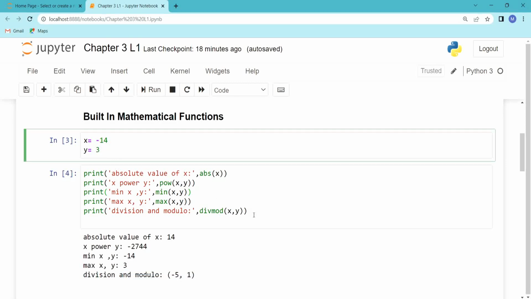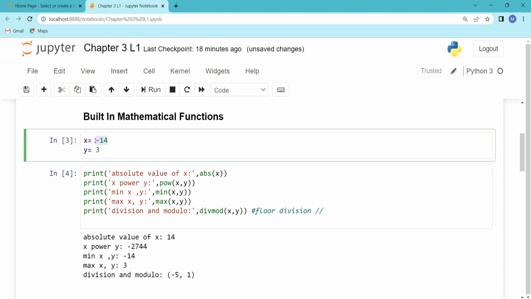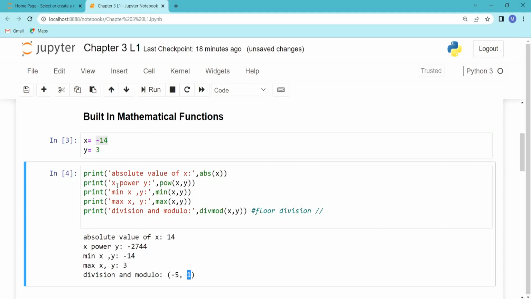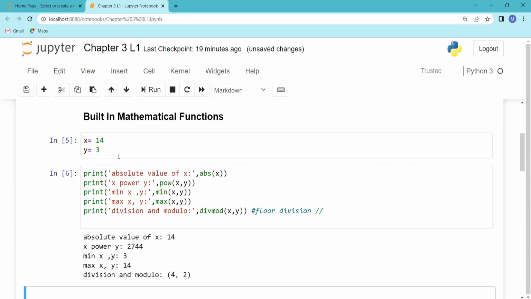Actually, the division which we are talking about here is floor division. This we have seen in the previous video itself, where floor division will give us a value which is rounded off towards negative infinity. That's why we are getting minus 5 and remainder as 1. If I take this as 14, the answer would be different here. You can see it is 4 and remainder is 2. So now let us look at some other